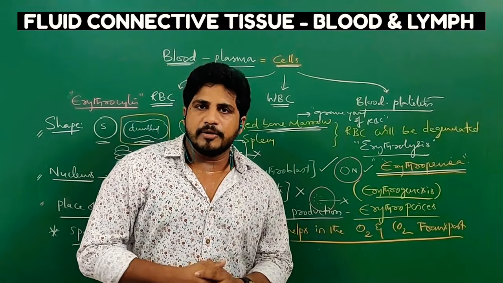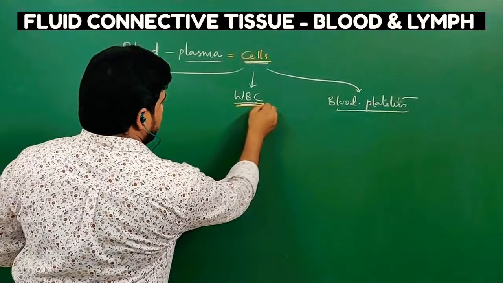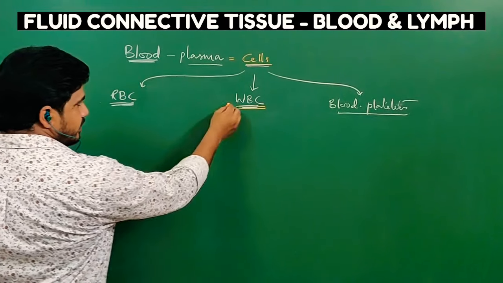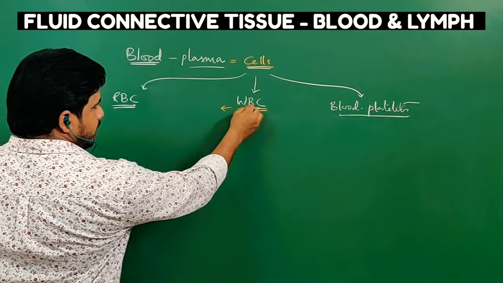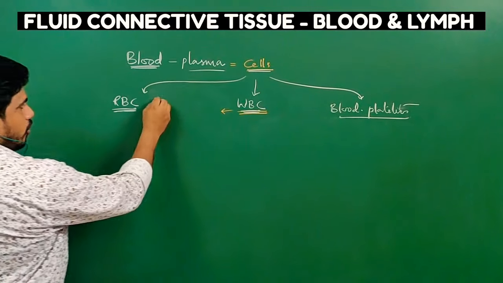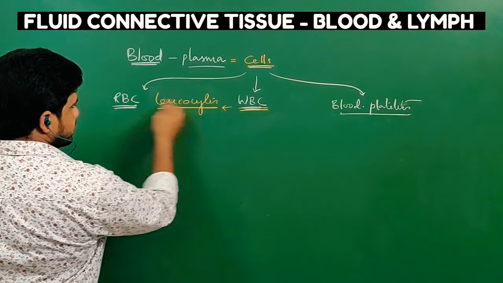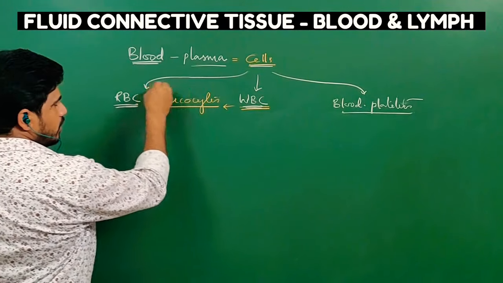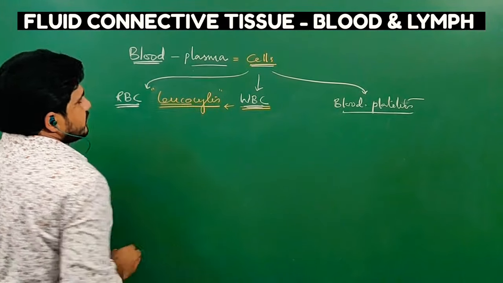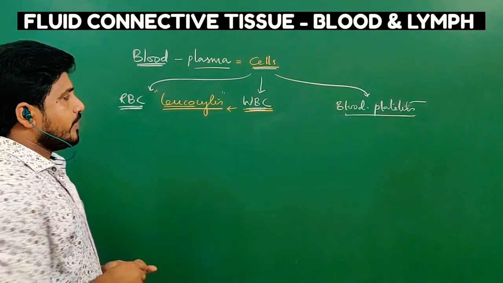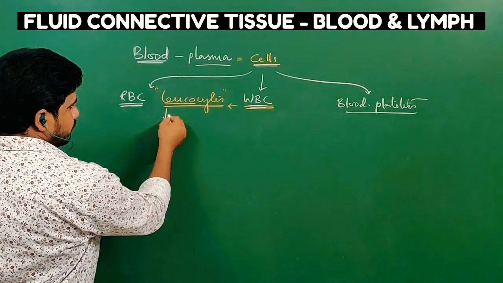Let us discuss WBC and platelets now. The second part in the blood cells is WBC. What is WBC? White blood cells. But scientifically it is called leukocytes. RBC is called erythrocytes. WBC is called leukocytes. Leuco means white or pale color. This WBC production is called